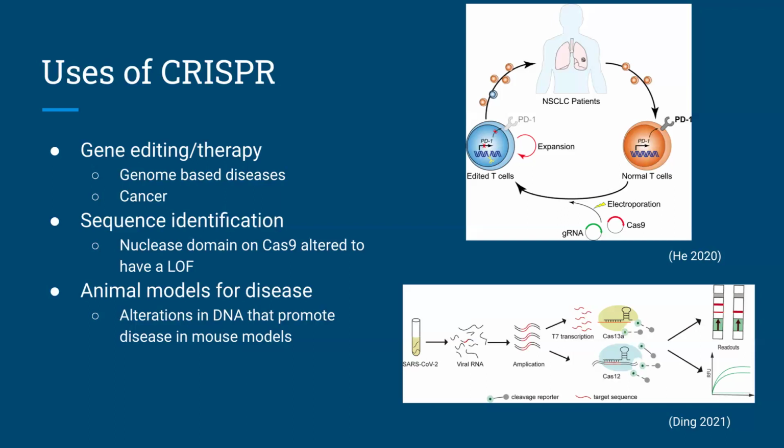So you can edit the genome to say, hey, we're not going to produce PD-1 anymore. So these edited T cells will go ahead and produce the immune response against the cancer cells. Right? That's huge. Yeah, it's revolutionized the way